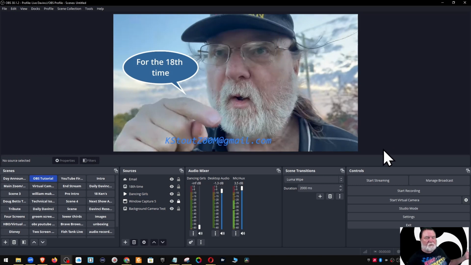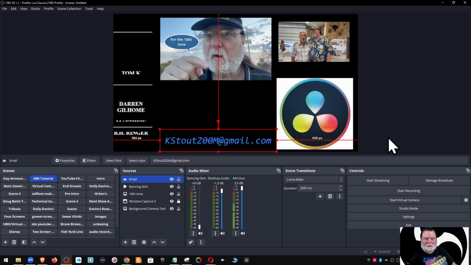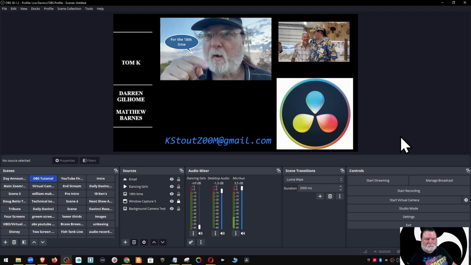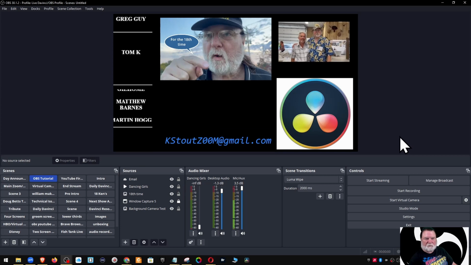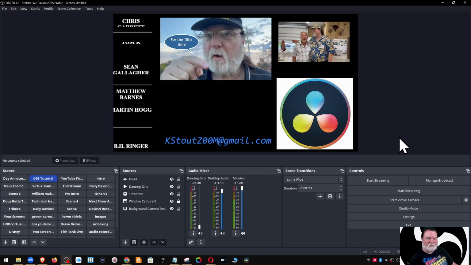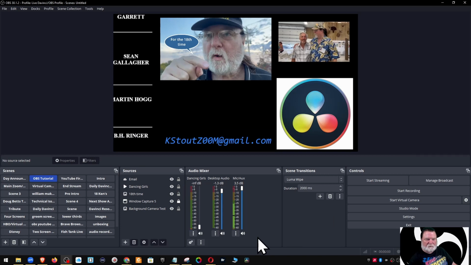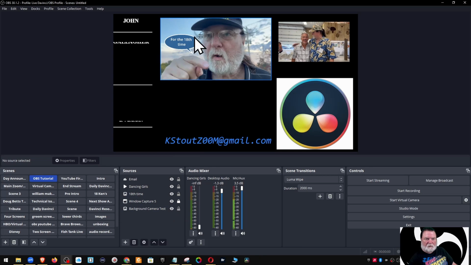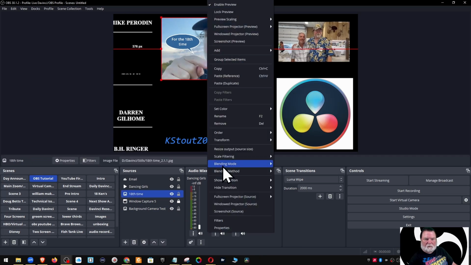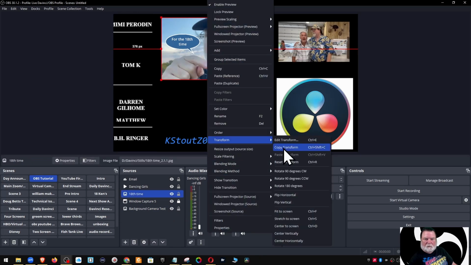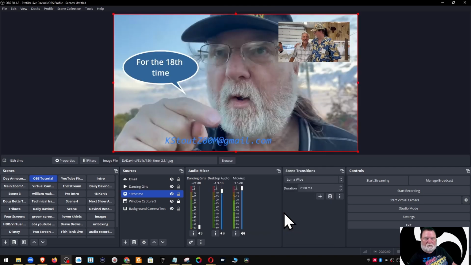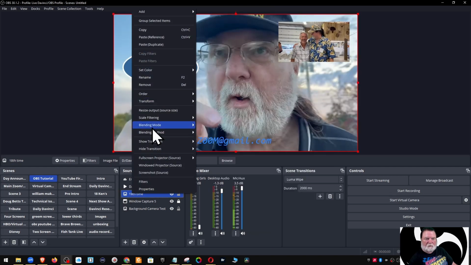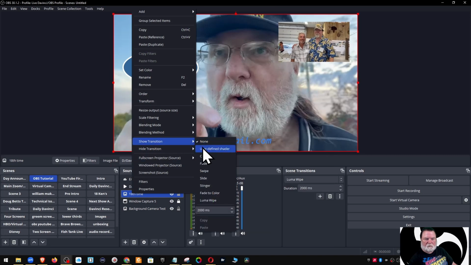With all of the different things just to see what to do. And probably the way that I'm going to do that, let's just sneak preview that real quick. So if I come up here and click on that, right click, transform, fit the screen, that takes the whole screen. And if I come in here, right click, show transition, user defined,